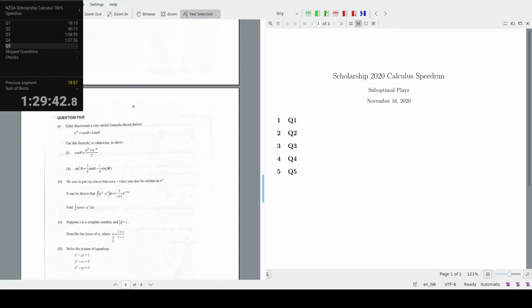But then you also have e to the 3i theta is equal to e to the i theta cubed. Right, this is the massive brain. And then you go, which is equal to cos theta plus i sine theta cubed. Wait, this is just De Moivre's, but it's phrased in terms of e to the i theta, because that's what the question was set as. So you might as well